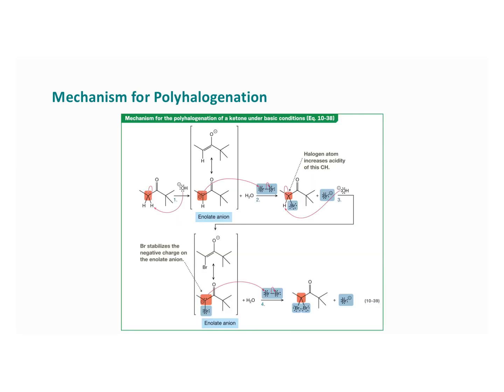Let's look at this mechanism, right? So what we see happening here is we have an OH here, and it's a nucleophile. It's going to come in and it's going to steal this acidic alpha hydrogen. When it does that, these electrons go here and you have your enolate anion. Now, notice here's your resonance structure. You don't have to show this part because this isn't going to do anything in the mechanism, but